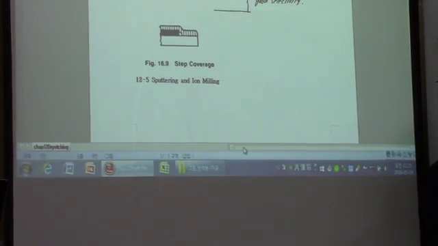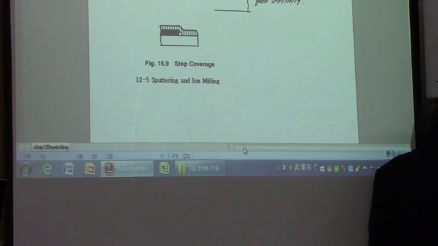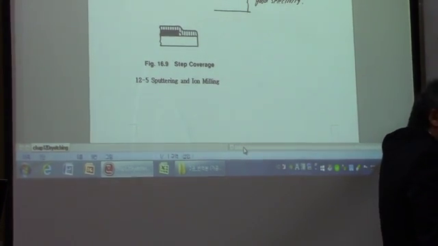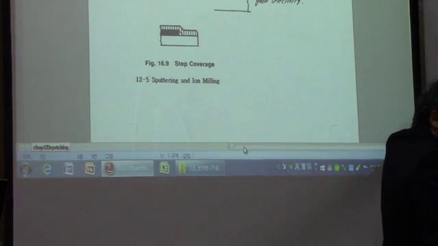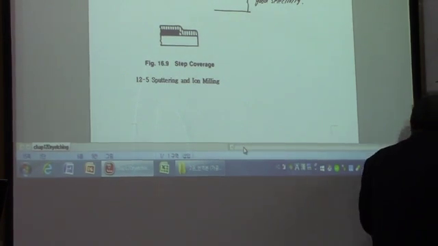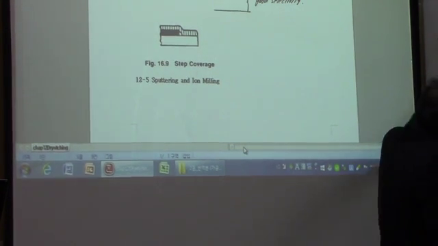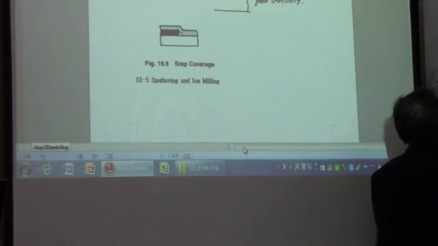Blank etching means without any mask. You're going to etch just a little bit of SiO2 without any mask. Then what happens is that the sharper edge is going to be etched much faster than the other part, so that finally you're going to have rounded